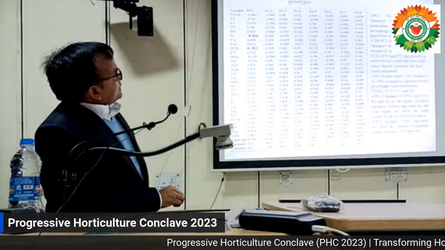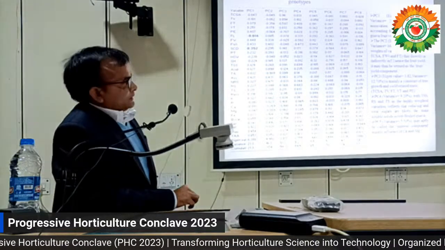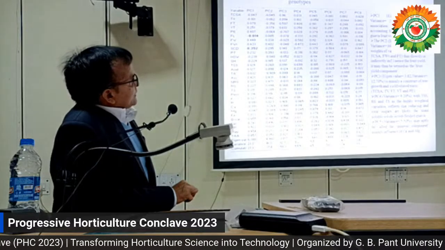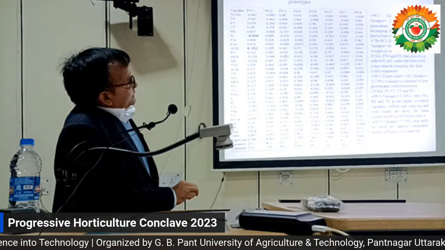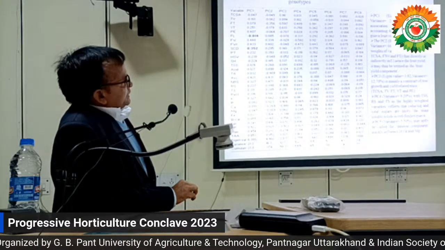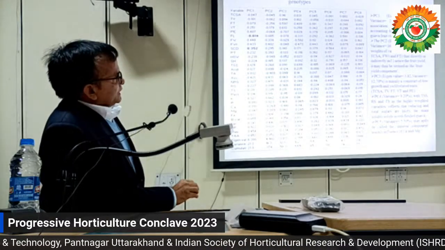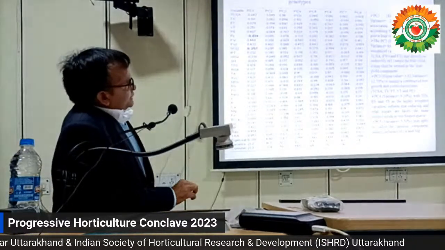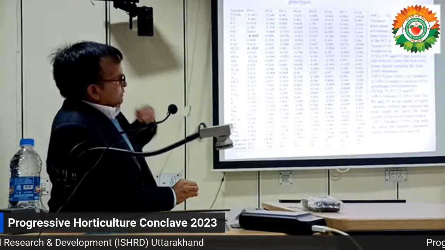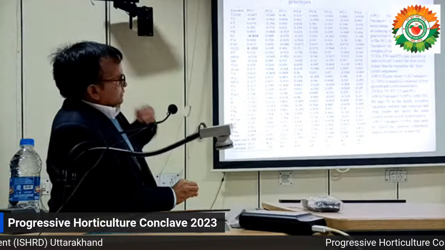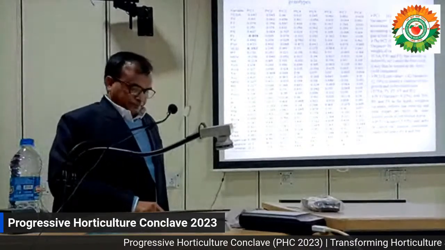Principal component analysis was also done to delineate how the different components which we have studied are affecting the genetic variability. So principal component one had a strong association with traits accounting for the antioxidant value of guava fruit, for example, beta carotene, total phenols, and total antioxidant activity. Similarly, PC2 was associated with yield components, and PC4 was related to total soluble solids in red flesh guava along with sugars.